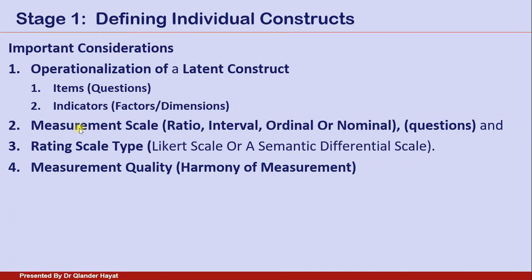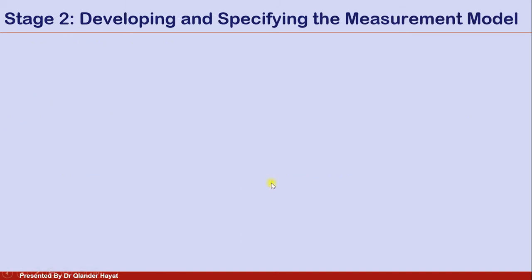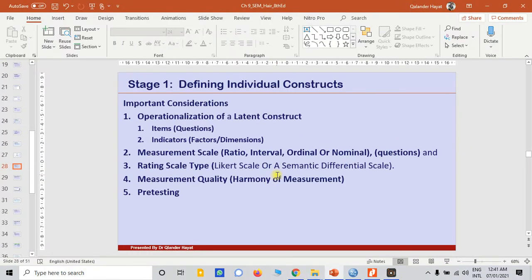So we have to observe the measurement scales and the rating scales and the measurement quality and the harmony of measurement. So in doing that, I just want to describe all these 6 stages with the help of certain example, and the database